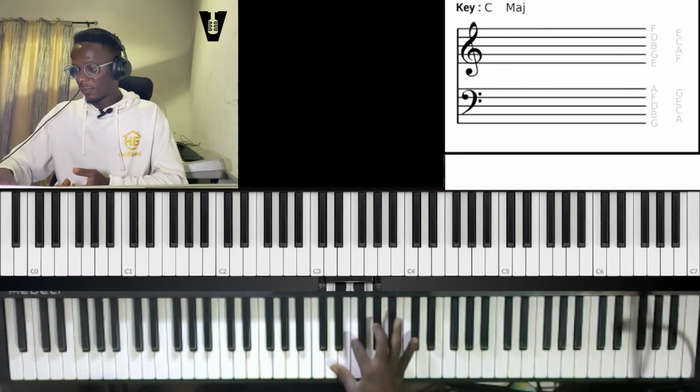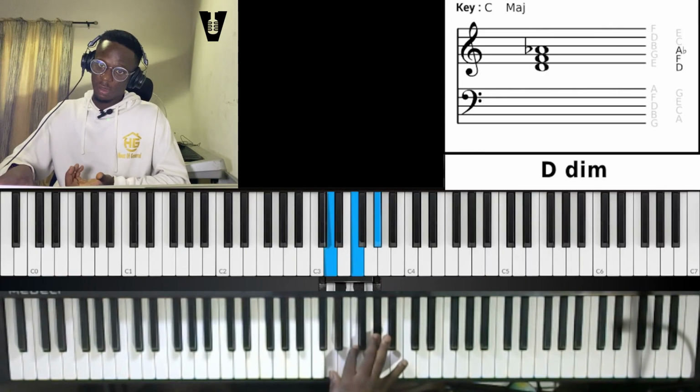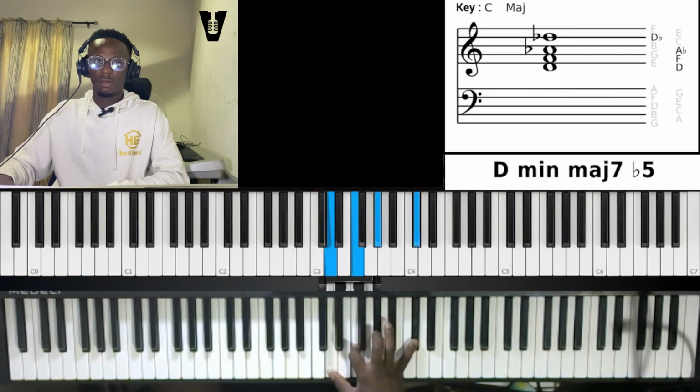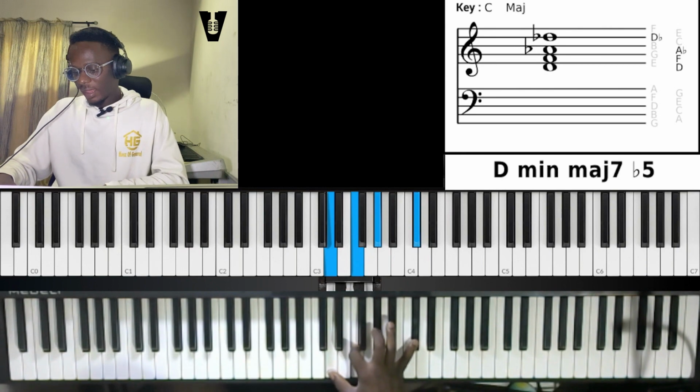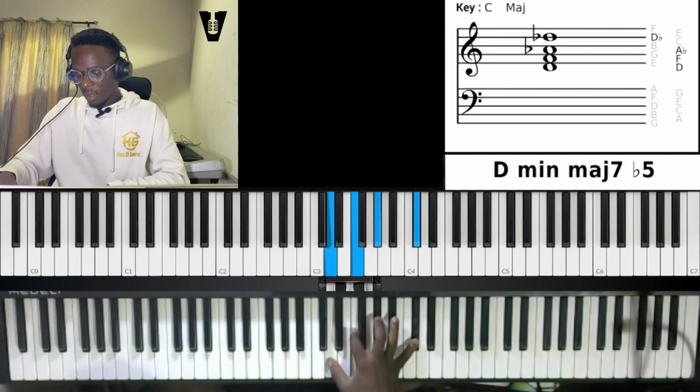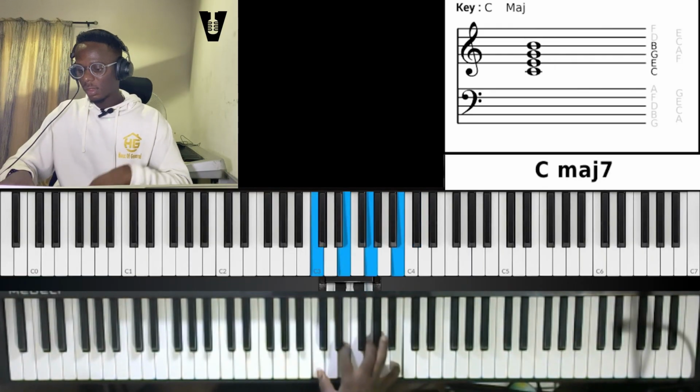So if I remove this 7th, it returns to D diminished. Watch it, it's diminished now. So it's just like D diminished added with the 7th. So forget all the big grammar, minor major 7 chord. So yeah, that's it. So you have D major, D diminished with an added 7th. So 7 3, then 6, you have